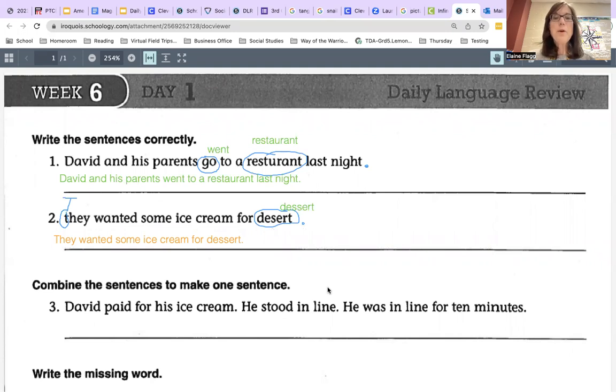Number 3, we're supposed to combine the sentences to make one sentence. So this is very awkward. If you were to write with these 3 sentences, you're doing a lot of repeating. David paid for his ice cream. He stood in line. He was in line for 10 minutes. So we're going to smush all of those into one sentence, and we're going to do it with a complex sentence. When